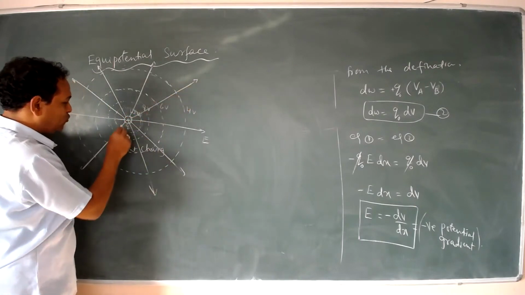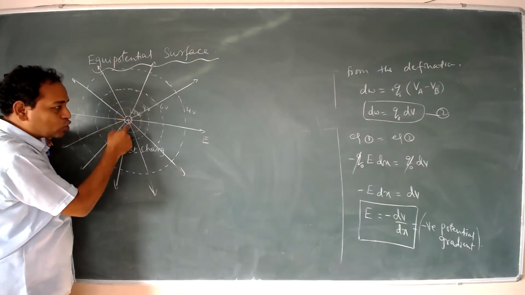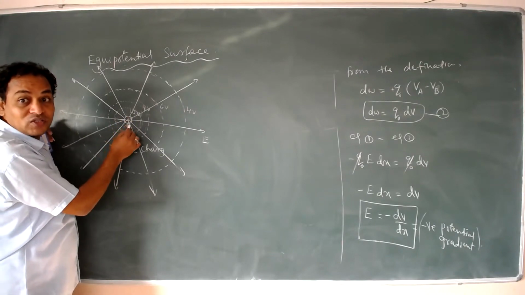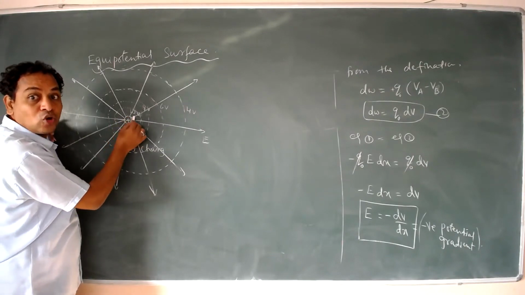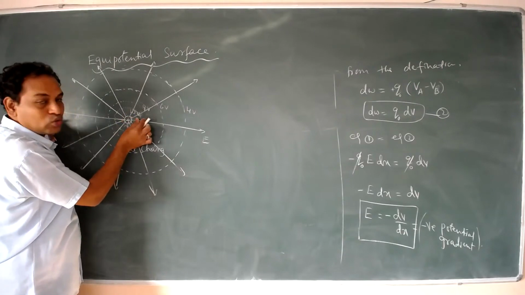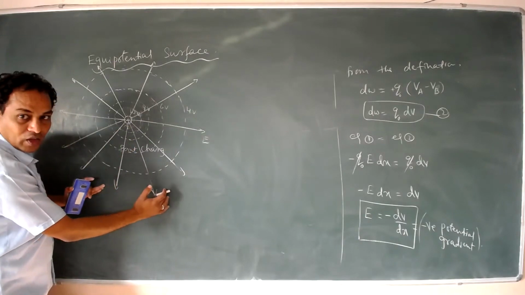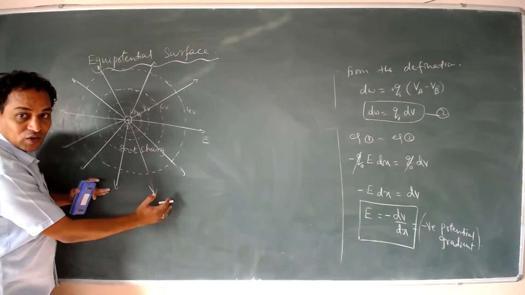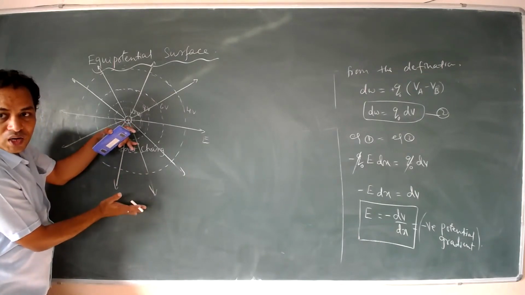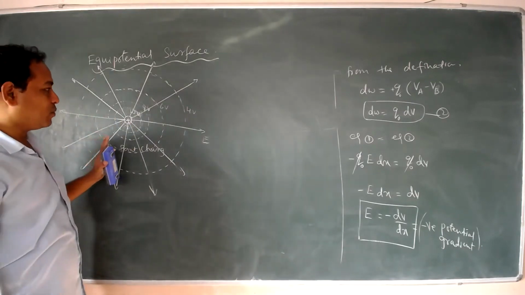See, if you observe here, electric field lines are very close to each other. That means here the strength is more. Strong electric field. In the region of strong electric field, these lines are close to each other. In the region of weak electric field, see here, the lines are far away. That means weak electric field. In this case, we can say that equipotential surfaces are also far away from each other. Clear? Fine. So this is the thing we have to keep in mind.